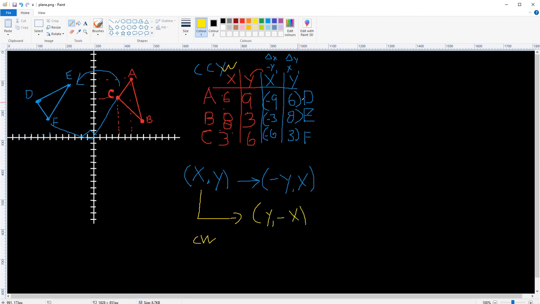Okay, so we're going to ignore this right now, but we're going to do our X and our Y. I call these G, H, and I. And our delta X and our delta Y are going to be a Y and a negative X. It's kind of like backwards from what it was before. So this is a rotation clockwise of negative of this one. All right, so we're going to